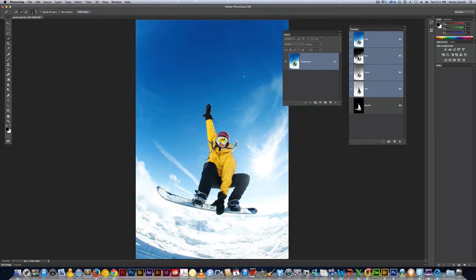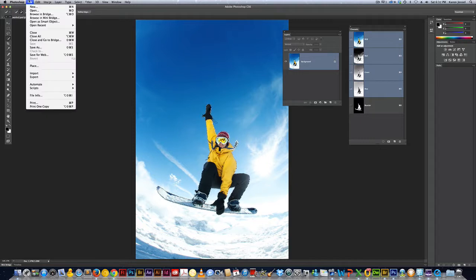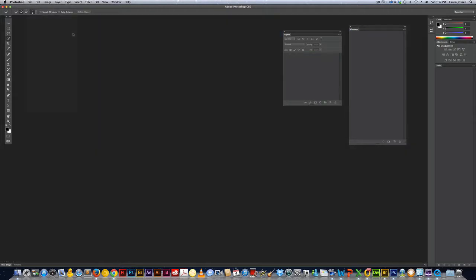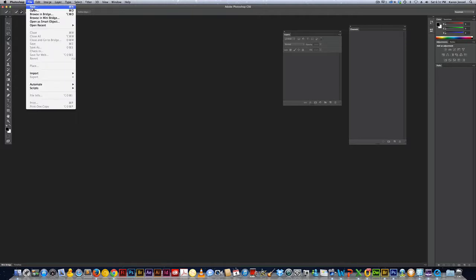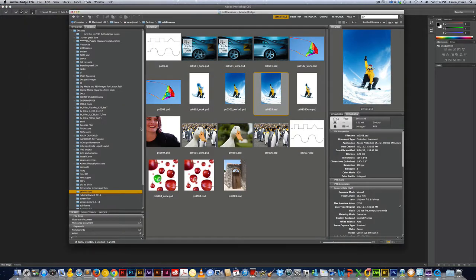So we've got this, and we've saved it, so we can close the file. I'm going to go File, Close, which is Command W on the Mac, Control W on the PC. So we've got that. Now we're going to do a little bit more with Refine Edge. I want you to go to File, Browse in Bridge, and pick